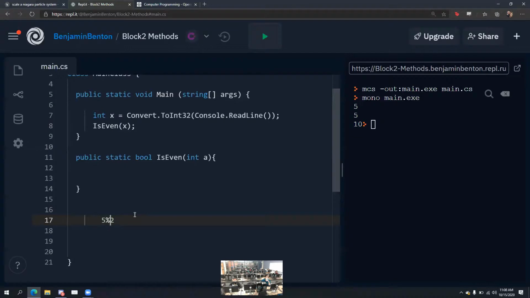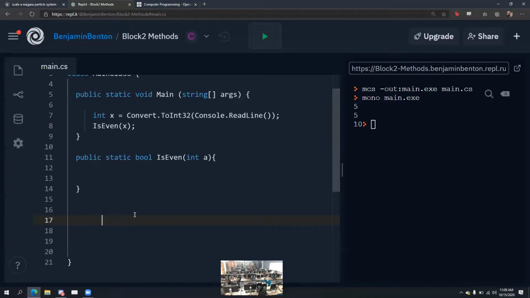What about 6 mod 2? What about 7 mod 2? What about 8 mod 2? 0. What about 9? Is anybody seeing a pattern? Okay, so some number, mod 2, is either going to give you 1 or 0. So either 2 can go into it perfectly, or it can't. So an odd number would give you a remainder of 1, and an even number would give you a remainder